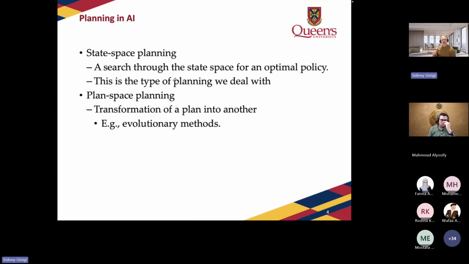So this is the type of planning that we are going to deal with in here, right? So that we go through the state space and we create a plan for that. Different from these other planners that I'm referring to, in our case, we are not going to do this based on very complex equations or things like that, but we are going to do that through an approximation of the environment. Nowadays, one of the powerful ways of doing that is through a neural network, right?